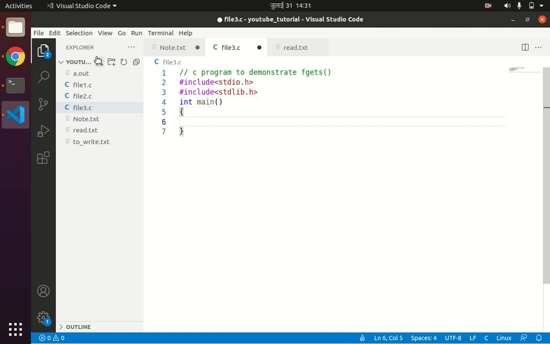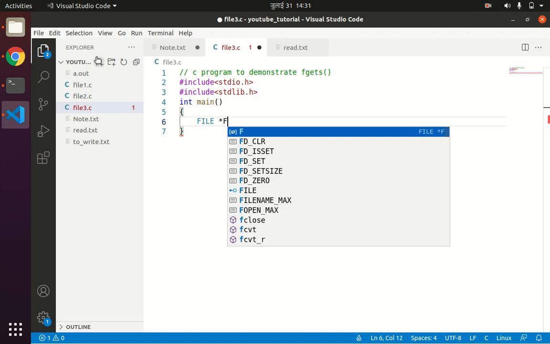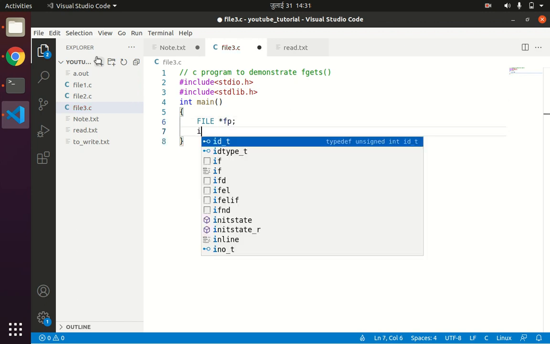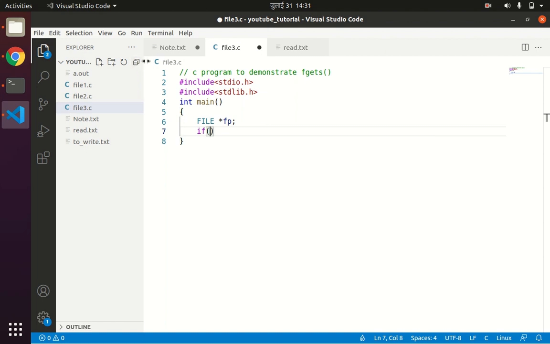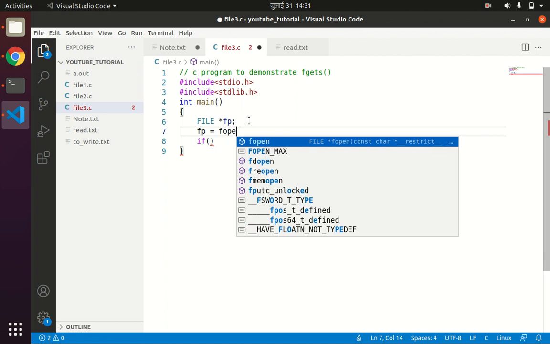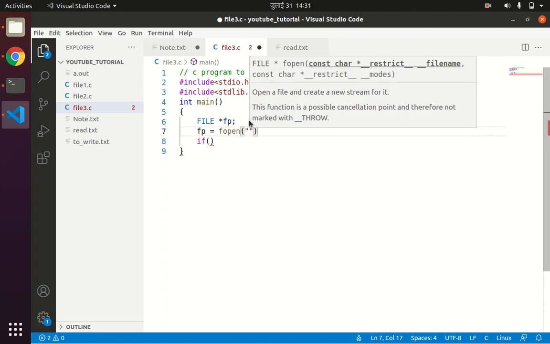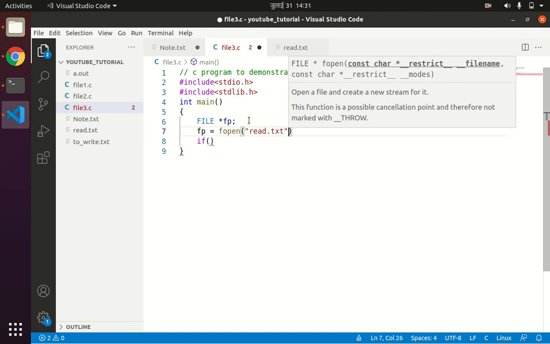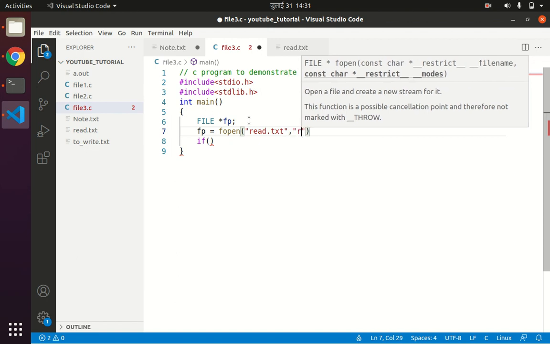Then we have the file pointer, FILE *fp. Now we write fp equals fopen, and the file name is read.txt again. Since we'll be performing the read operation, the file needs to be opened in read mode.